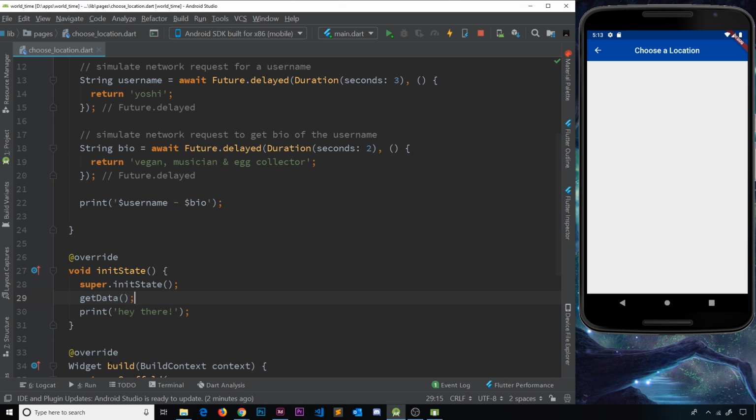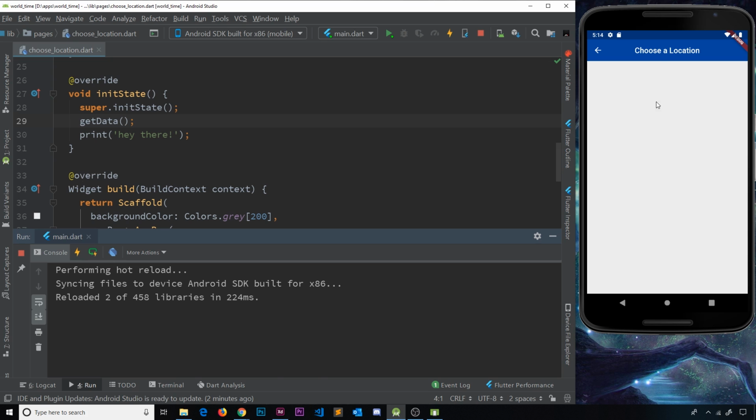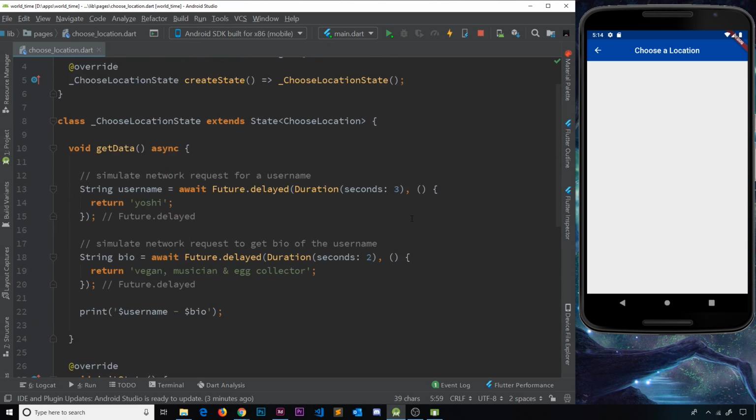So once more, let me just preview this. I'm going to save it and then open up the run panel, and I'm going to go back and then edit location again. And we can see, hey there, prints. It doesn't wait for all of this get data stuff to finish, and then eventually we get this stuff when it's complete. So hopefully that kind of explains asynchronous code a little bit to you,